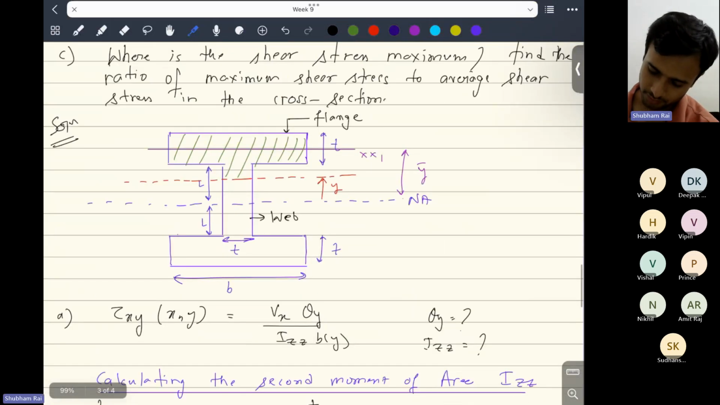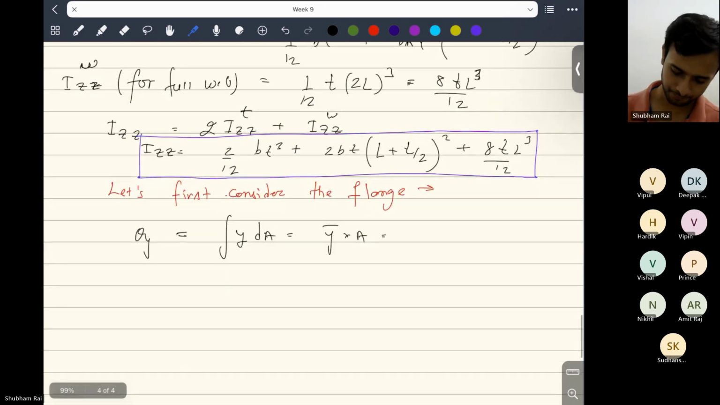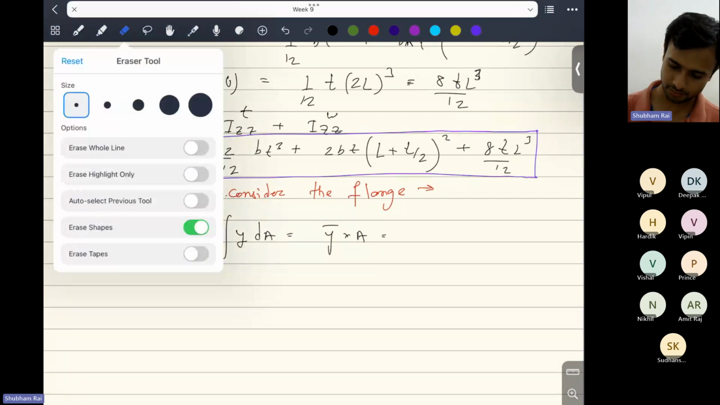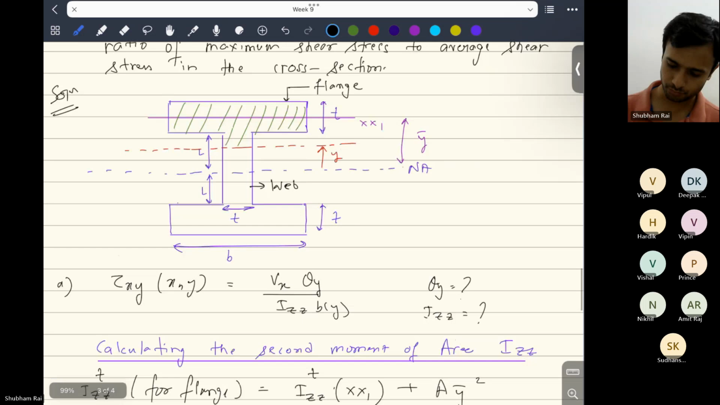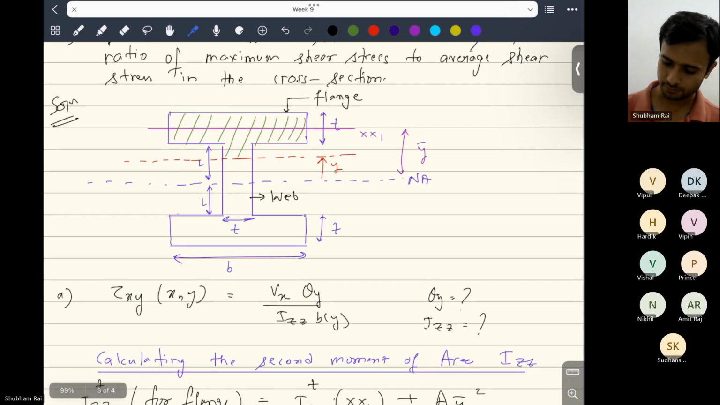Q will be a function of Y. For the flange, it will be YDA. This you can write as B into dy, where B is the width of the flange, and so this is L. So this distance of the centroid will be